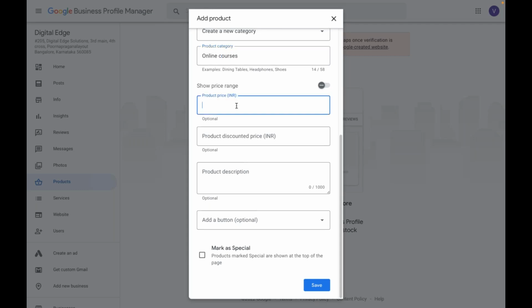Okay. Price range, you can give it the price of the product and service you're giving in. I'll say around, just an example. And it's asking what would be the discounted price. Say around, okay. You can say, then it's asking about product description. I'll say digital marketing course, which